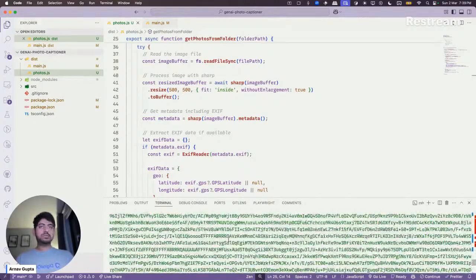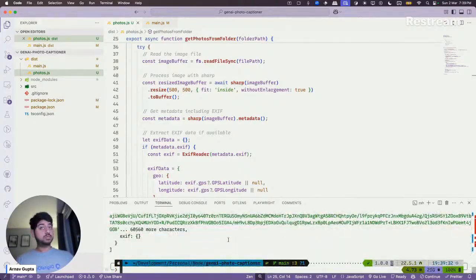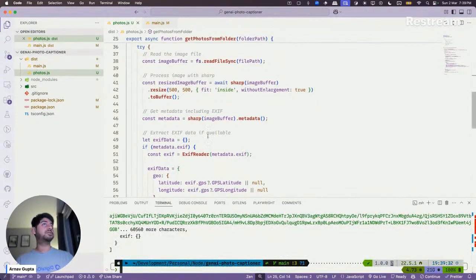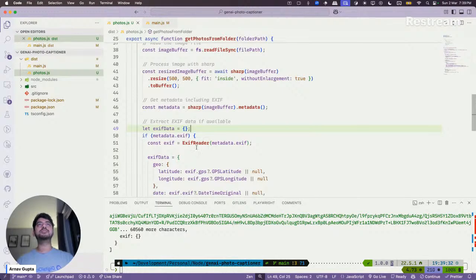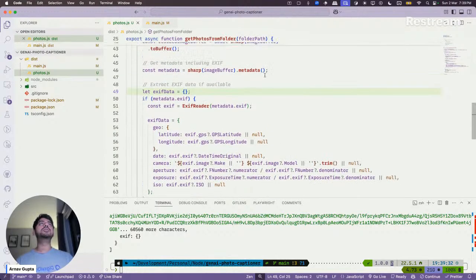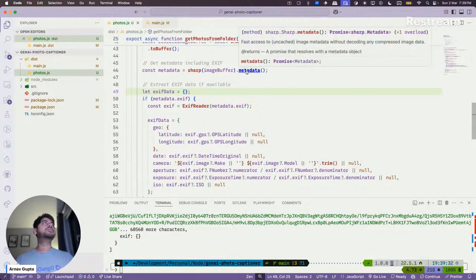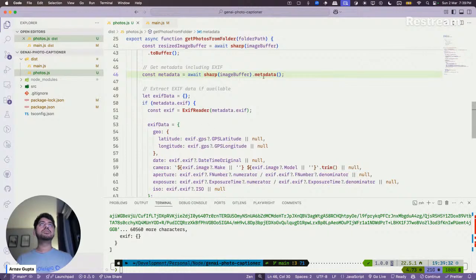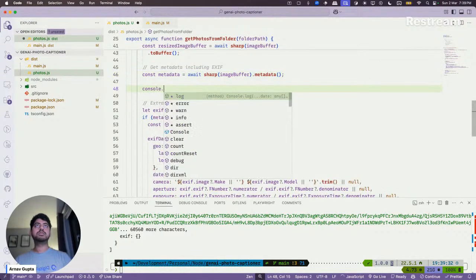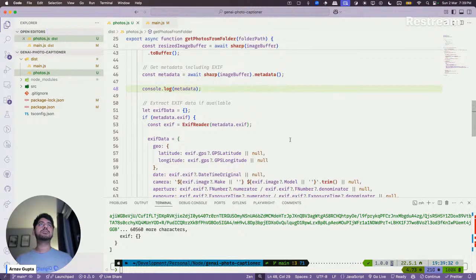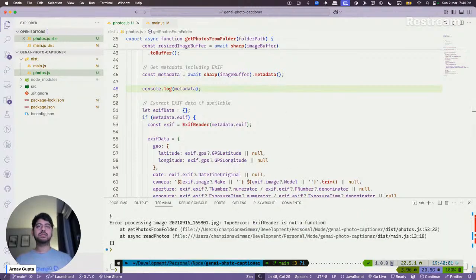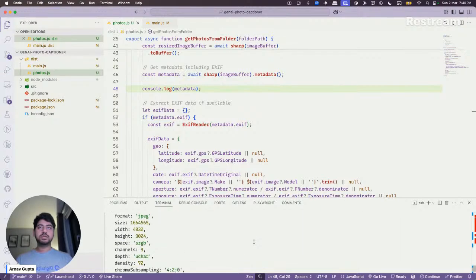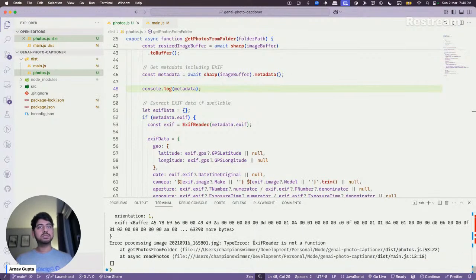Okay, so the base64 of the image is working to a degree. The EXIF stuff is not. So let's figure that out. There is some metadata and there is some buffer as well.